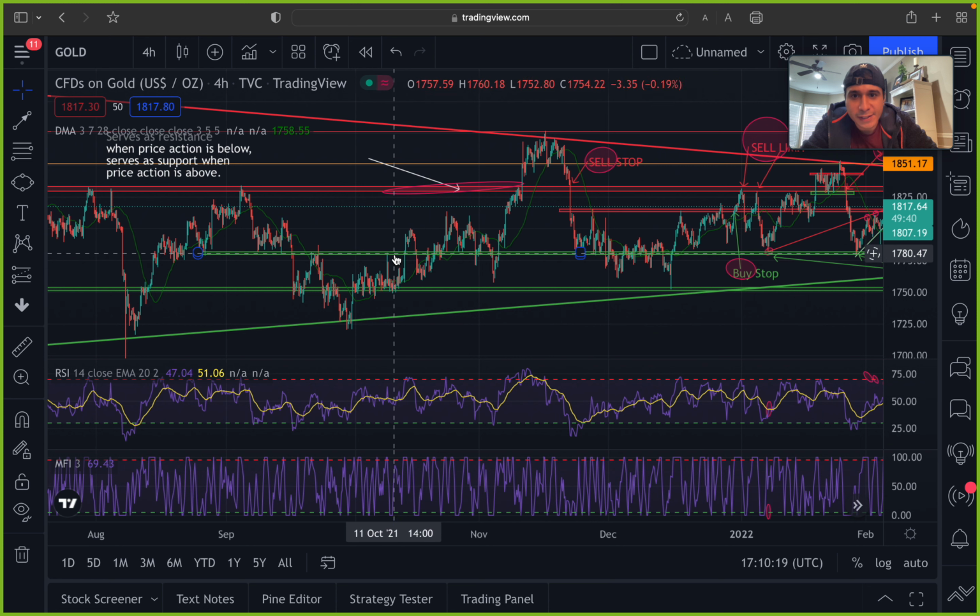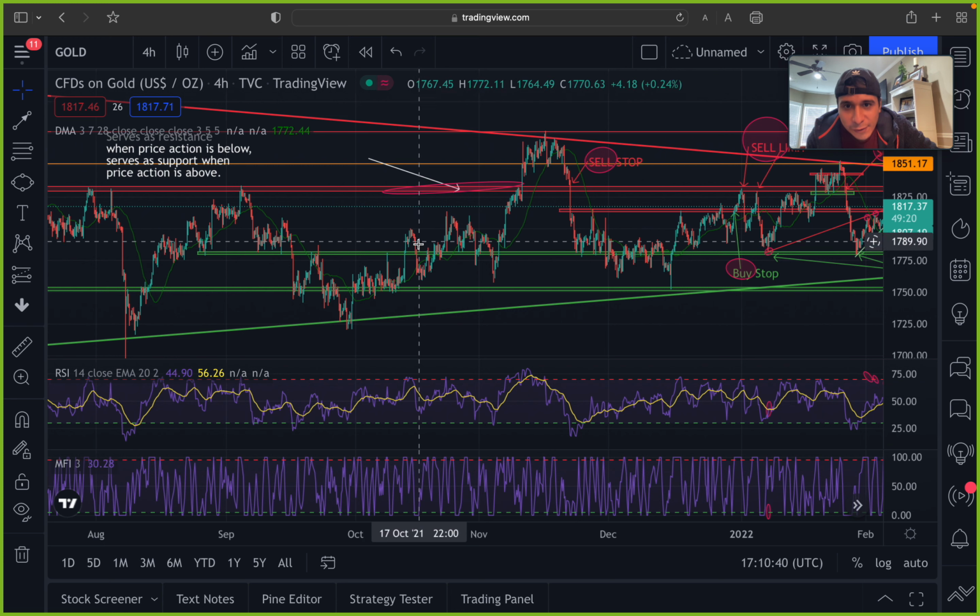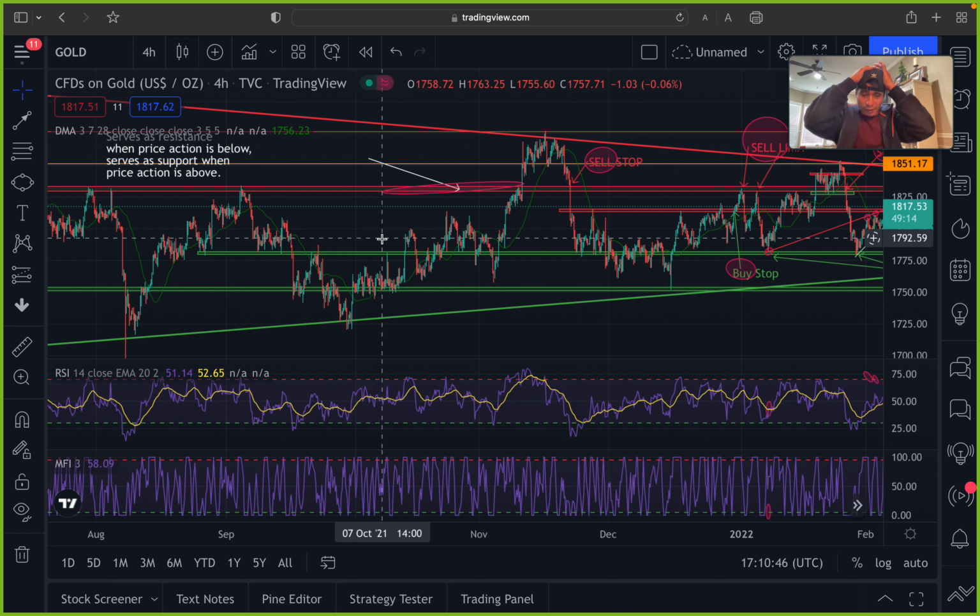Let's say that since it's acting as a current area of resistance and price is selling off right there currently, if it were to pass that zone, I would want to set a buy stop right here. That way, once it does pass that area of current resistance, it puts me in for that buy and I'm able to basically catch all this right here, right? Because once it breaks an area of support or resistance, most of the time it's going to break through with momentum,